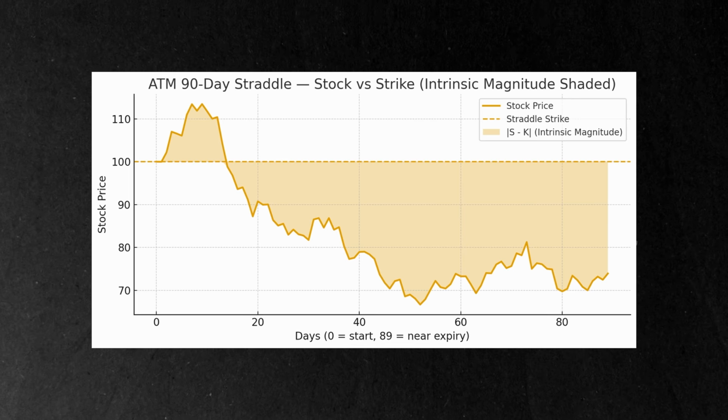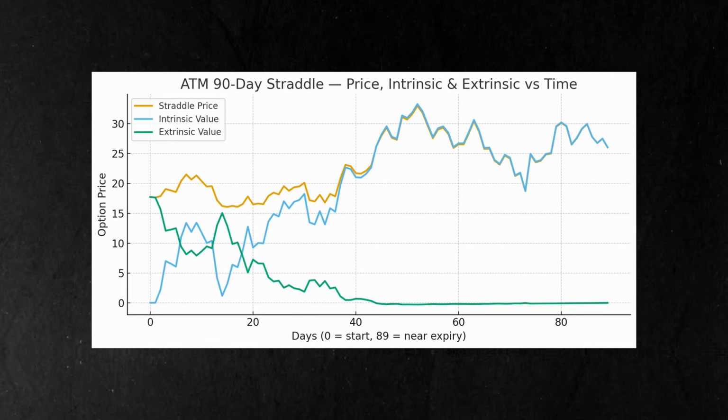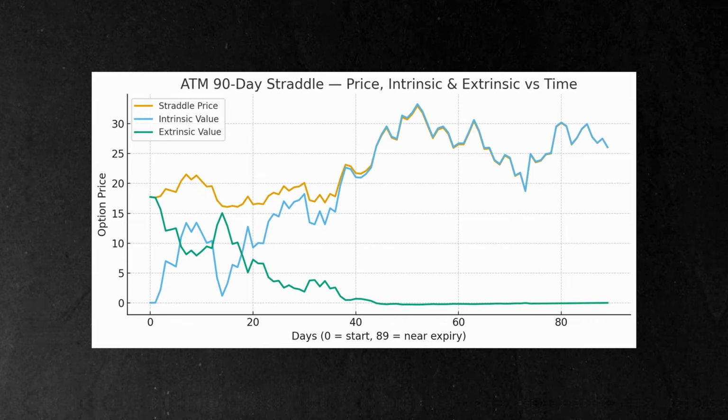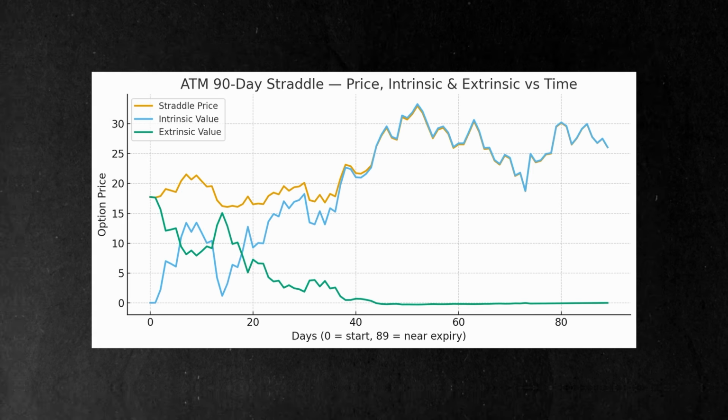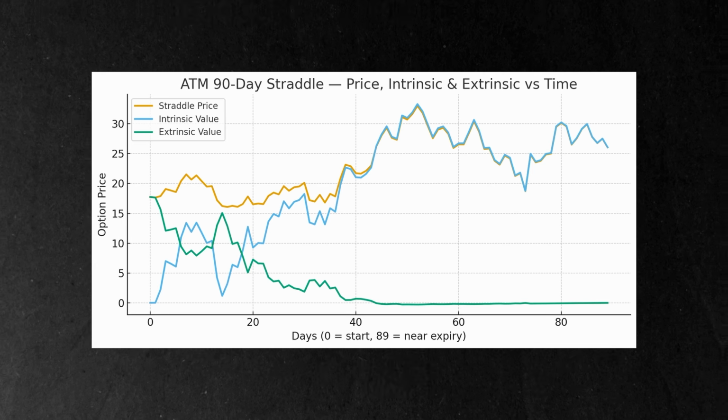Okay, so here you can see a straddle, the stock price moving around, and then the intrinsic value and the extrinsic value of our straddle. Initially, there's intrinsic value and extrinsic value, but as the stock price goes down, the put is gaining intrinsic value. The put is becoming in the money. The put is the option that's gaining value as the call becomes worthless. So you can see what it looks like for a straddle here as extrinsic value goes to zero, and the value of our straddle ultimately becomes worth just what the put would be worth, and that's the intrinsic value of the put.